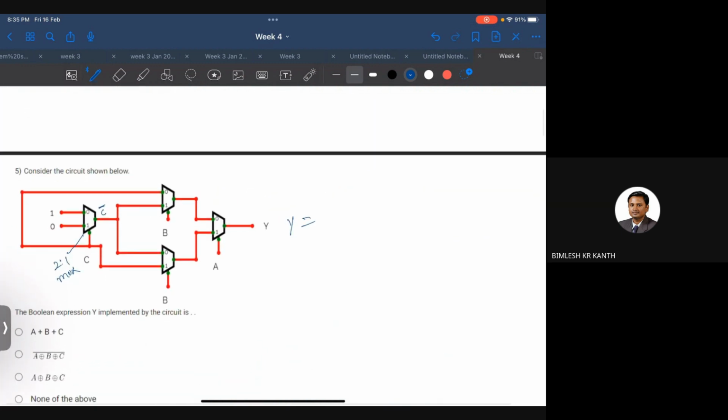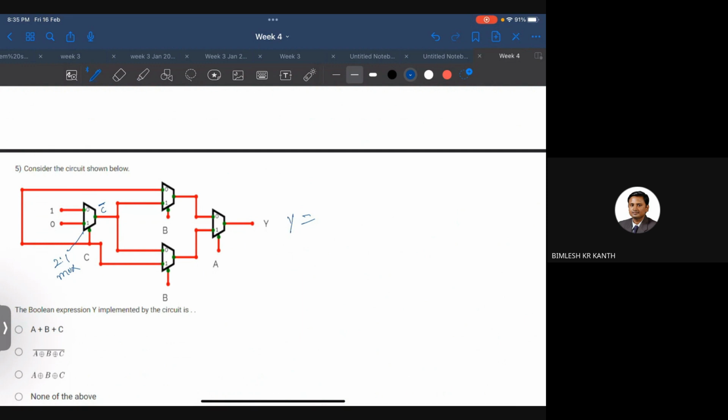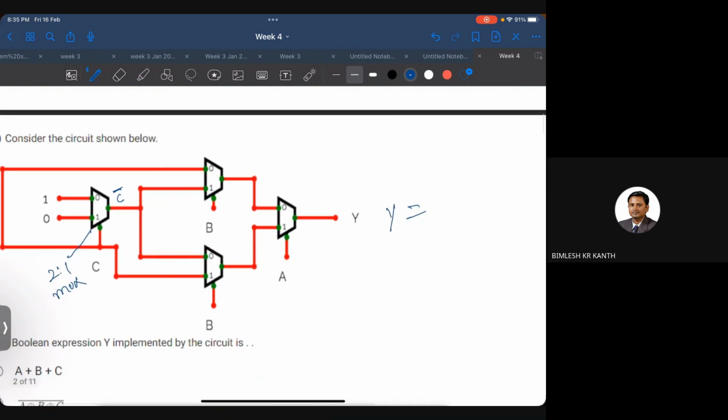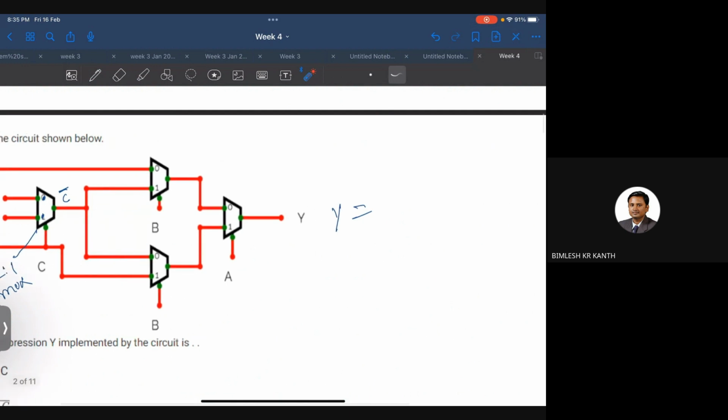So here we write C bar because when input is 1, output is 0, and when input is 0, output is 1. The 0, 1 inside has nothing to do with that. Here the input is 1 and 0. So when input is 1 and output is 0, the C becomes C bar. Okay, so this is the